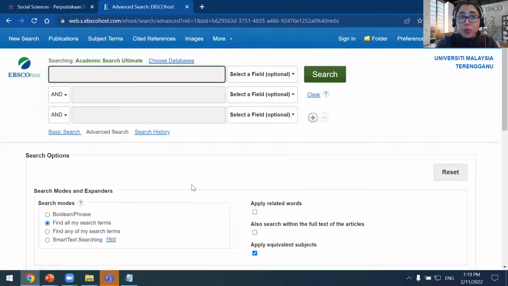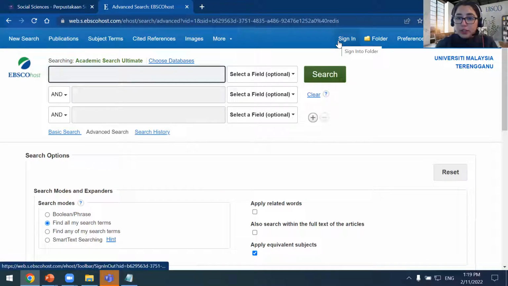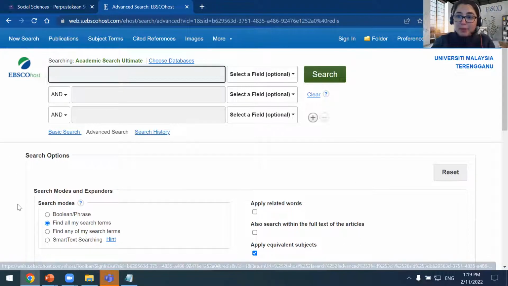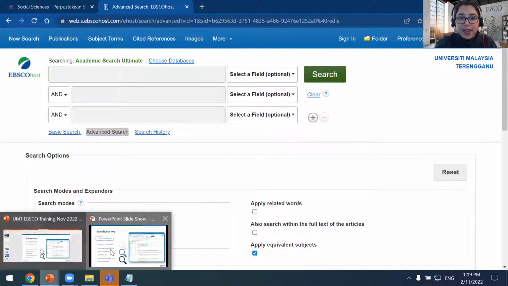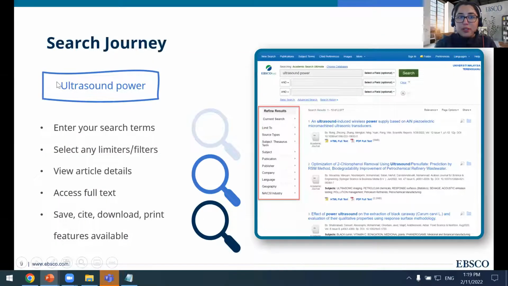So here I am. Once you click the link, you'll be taken directly to this page, Academic Search Ultimate. So this is what the platform looks like. Your default home screen is set to the advanced search. So what we can do from here is immediately start our search. And so as the first example, I'm going to search for ultrasound power.